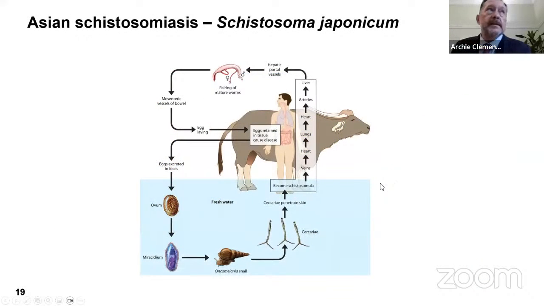Another really interesting disease is Asian schistosomiasis caused by Schistosoma japonicum. I mentioned the carabao, which are the most important reservoir host, but also the aquatic life cycle of the parasite that goes through an intermediate host snail. So again, demonstrating the importance of aquatic environments to the transmission dynamics of this disease, both directly because it provides the habitats for the snail and the free living stages of the parasite, but also indirectly because it provides an important concentration point for the major reservoir host, the carabao.